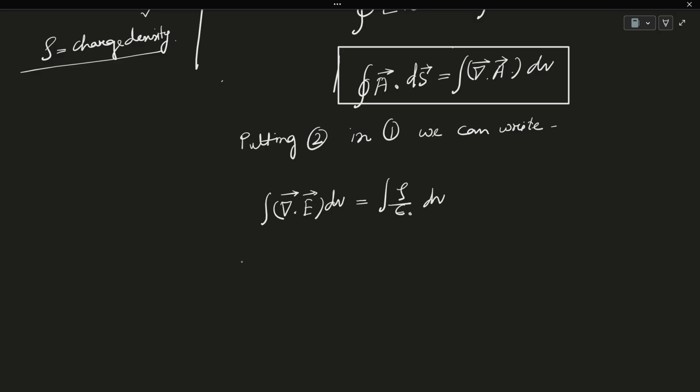Okay, so moving this towards the left, we get del dot E dV